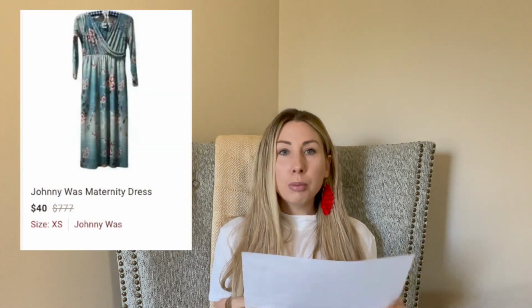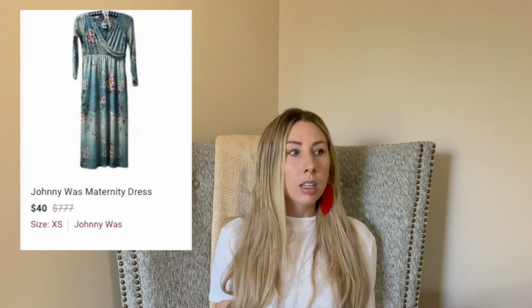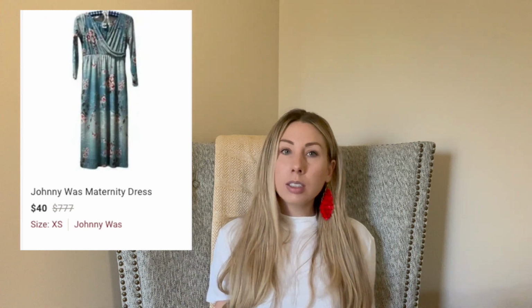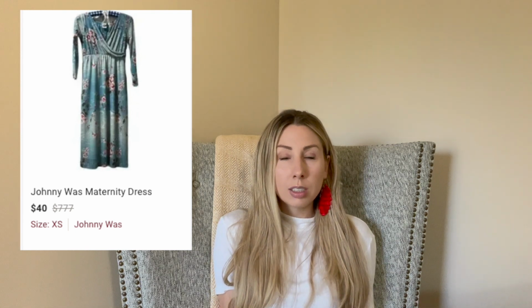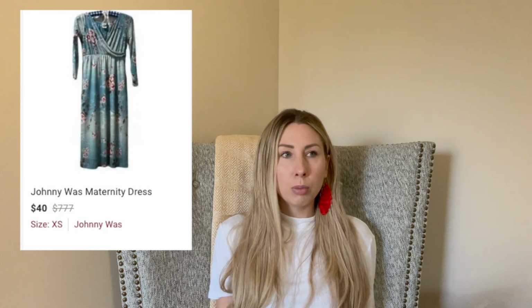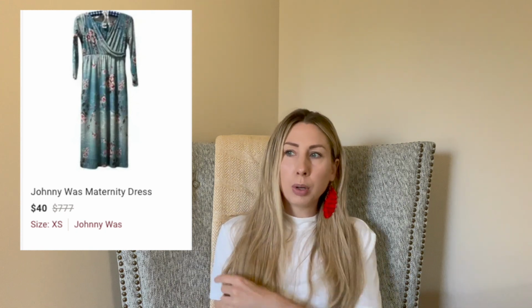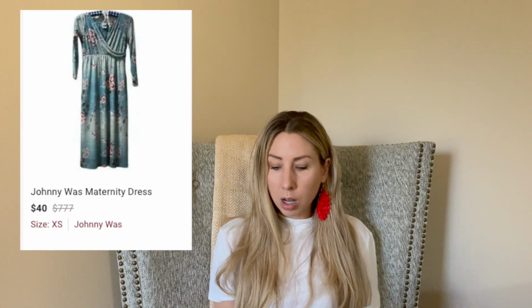Okay, I am so confused because I have Googled Johnny Was maternity line and it doesn't really seem to come up, but I've come across a Johnny Was maternity dress. It is an extra small, but for somebody who's, you know, more petite and pregnant, this would look really cute. Maybe I don't know how to market,